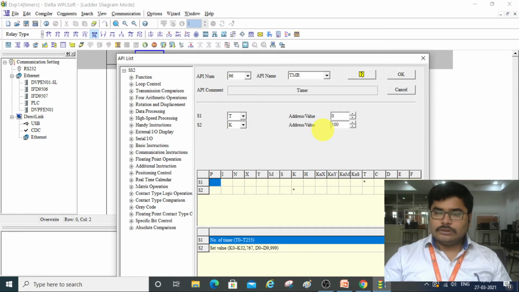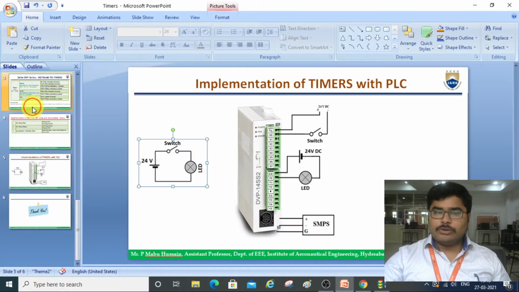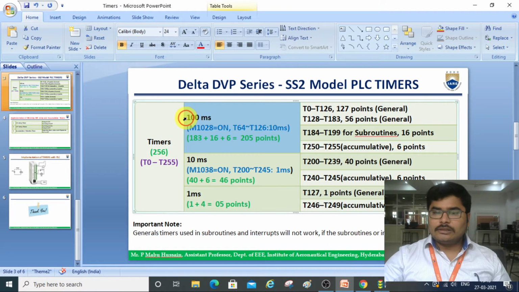As you know before, T0 is a 100 milliseconds timer. You go to the previous slide. See here, T0 is a 100 milliseconds timer.